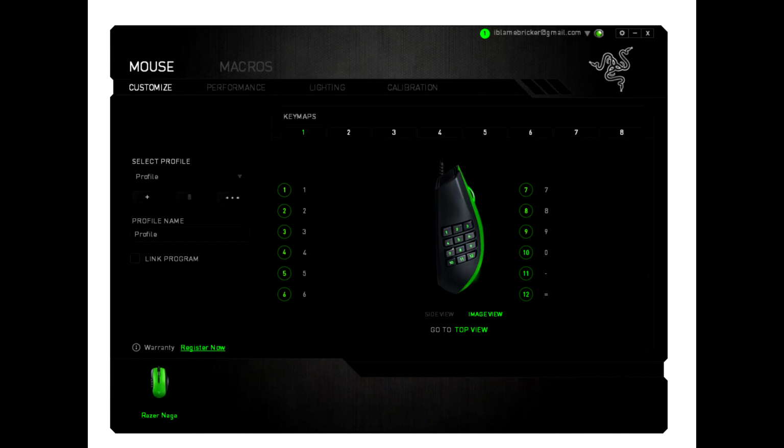In this video, I'm going to show you how to set up your Razer Naga to do debate work. So the Razer Naga is an MMO mouse. There's a bunch of other companies that make similar things. What you're looking for is all these buttons on the side here, because you can program those